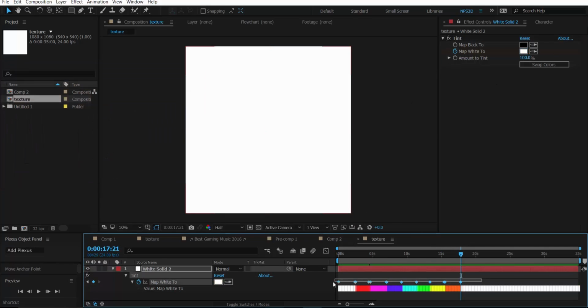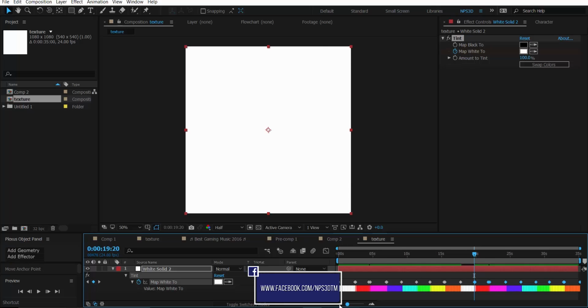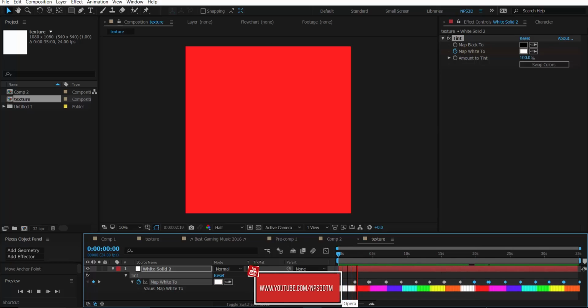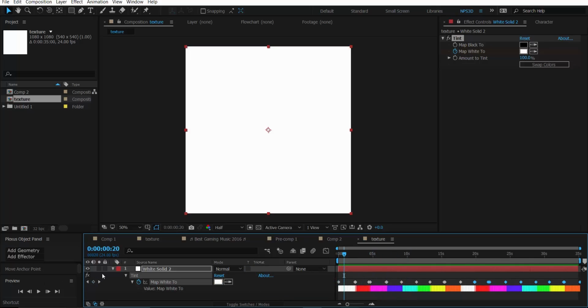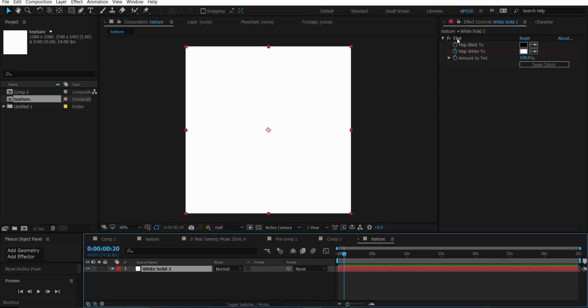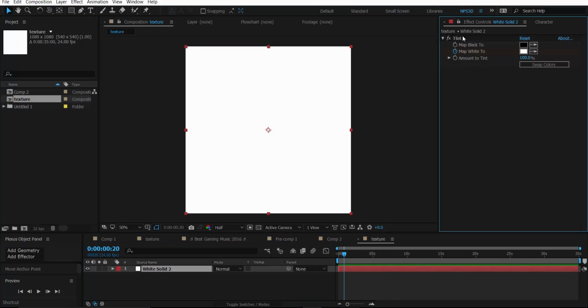So now let's copy these keyframes and paste again here. I mean just select these keyframes and paste them here. Alright, so all done. And if you just preview this, you can see easily the color just blinks and changes. So this is not a fading effect. So this is good. And now what we will do, just copy this tint effect, Control C, go inside our comp